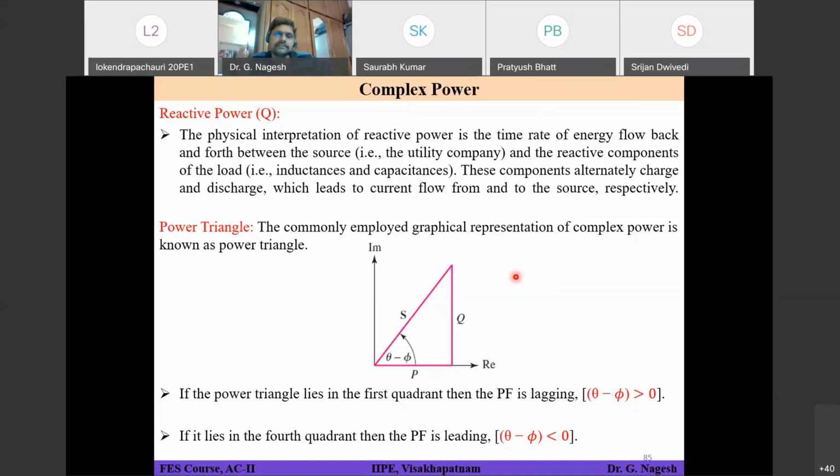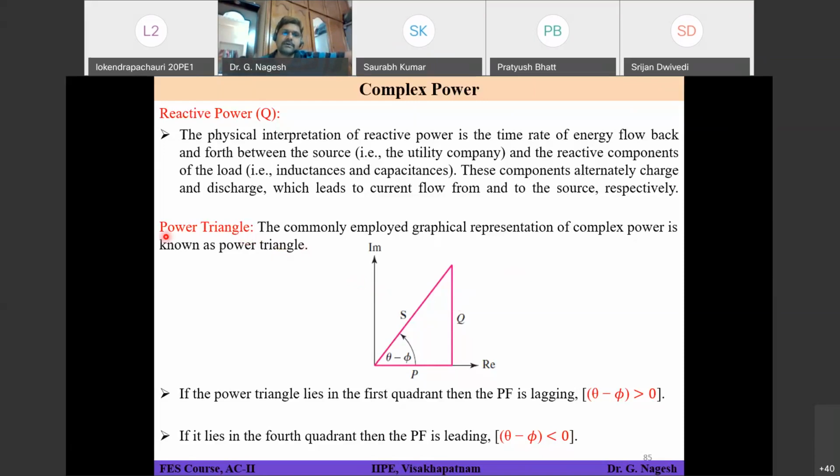Let's say you have a resistor. There is no reactor at all in that; the circuit is only R. Let's say average power is 50 watts. Now I have connected one parallel reactor to that resistor, that means an inductor or capacitance, whatever it may be. Your P remains the same, 50 watts only. But your Q has some value. Previously your Q is 0, now your Q has some value. So the average power is 0 for a pure inductor or a pure capacitor.